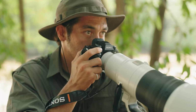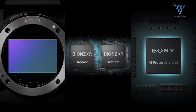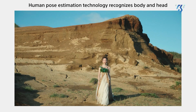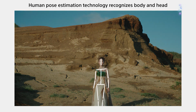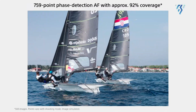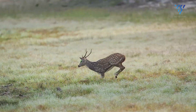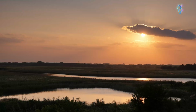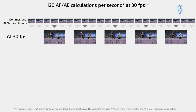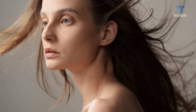Sony has raised the bar with the A1 Mark II's advanced autofocus. It features a dedicated AI processor with human pose estimation, which significantly enhances subject recognition and tracking even in complex scenarios. The 759 AF points cover 92% of the frame, ensuring precise focusing across a wide area. With the ability to perform 120 AF calculations per second, Sony's AF system excels in challenging conditions, such as in